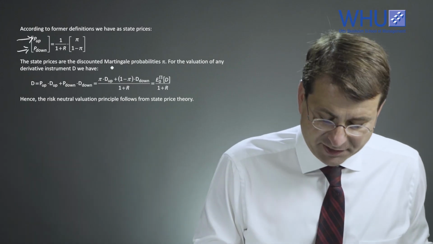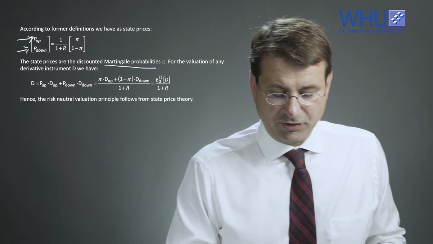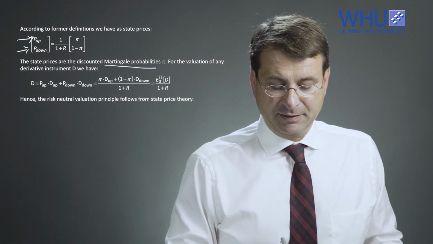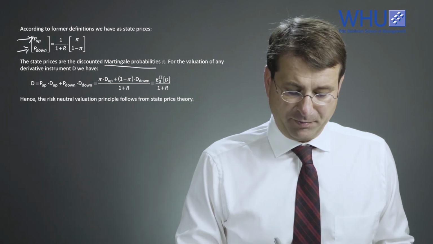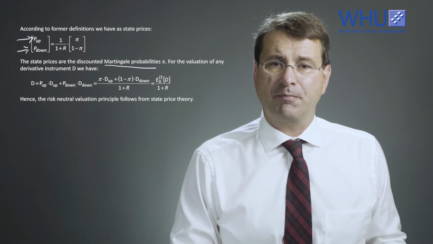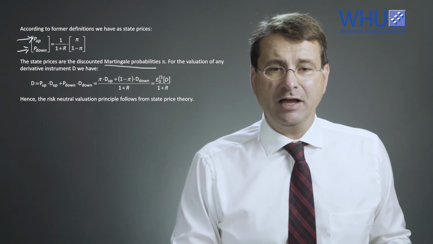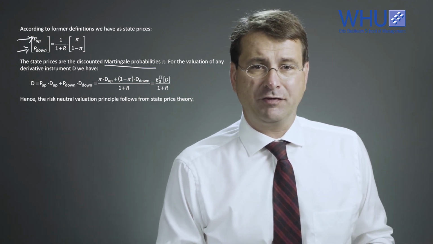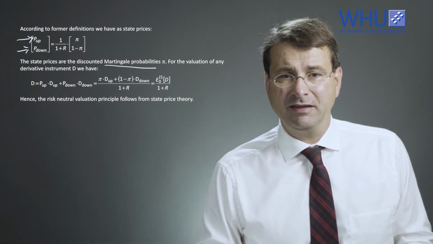Probabilities also take values between 0 and 1. Therefore, the pi's are not called probabilities, but quasi-probabilities, or martingale probabilities. So the pi is called a martingale probability, and it can be treated like a probability when you evaluate an asset. What we do know is that if we know the prices of the pure securities, then we simply have to multiply the pure security prices by the state-dependent payoffs of any security, and we obtain the price